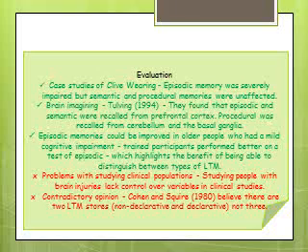Brain imaging: episodic and semantic memories were recalled from our prefrontal cortex, whereas procedural was recalled from the basal ganglia. So the fact that these different types of memories are recalled from different areas of the brain suggests that certain areas of the brain deal with different memories, suggesting that they are different. Episodic memories could be improved in older people who have had a mild cognitive impairment, so it shows that there's real-world application of the research and the benefits of being able to distinguish between the different types of long-term memory.